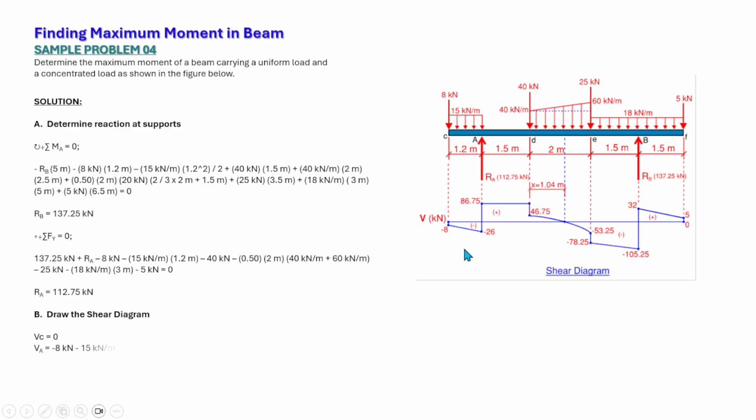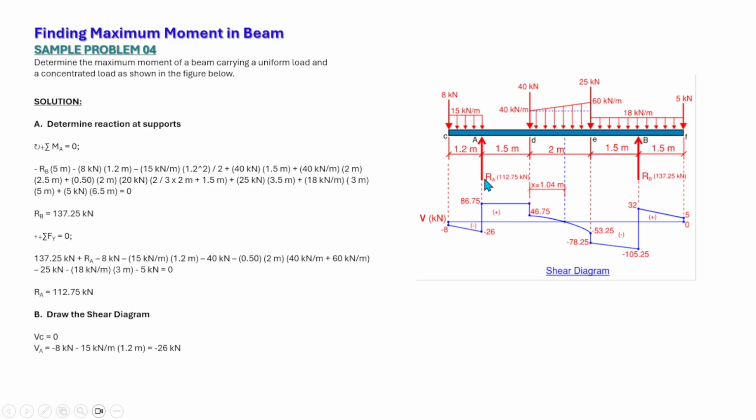Then at point A, that is minus 8 minus the uniform load between C and A, which is equal to negative 8 minus 15 times 1.2. That is the total load of the uniform load from C to A. So we have here negative 26. So from negative 26, we have the reaction at A, which is equal to 112.75. So minus 26 plus 112.75, that is equal to